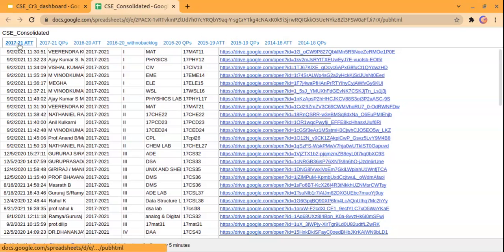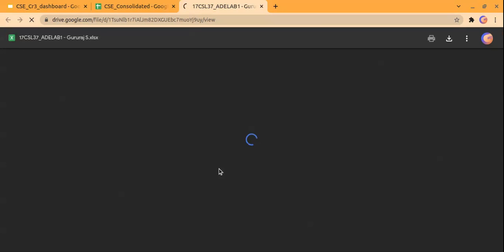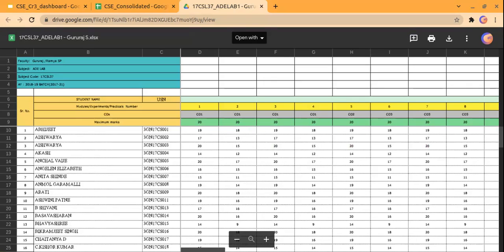Like here you can see the sheets for each subject and the question papers for that batch, again attainment sheets and question papers like this. So attainment sheet is a very big challenge for everybody to operate, to work with. If I just click randomly, let us say AD lab, you'll find the whole data related to this subject in one Excel sheet here. Each student, how he is covering and how much marks he scored for attempting that CO.